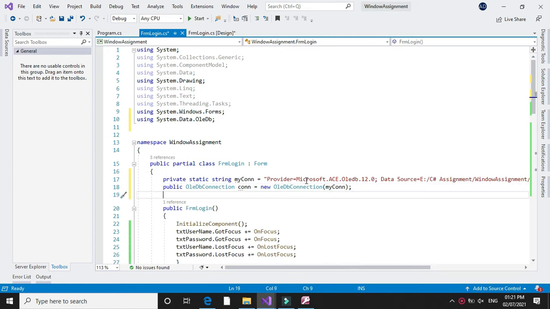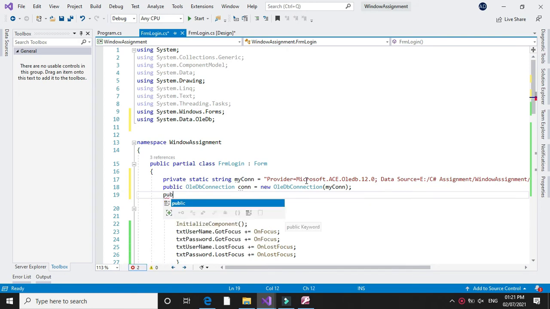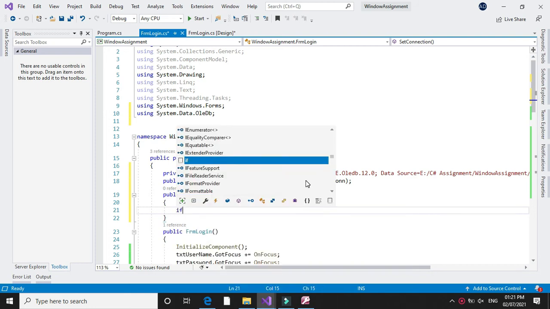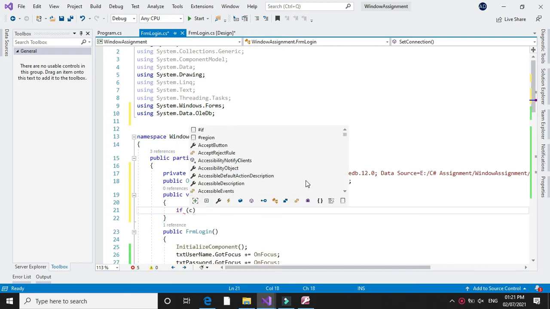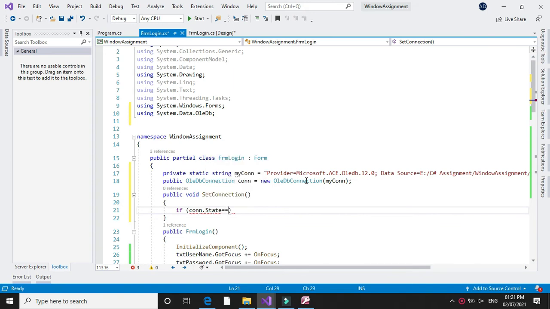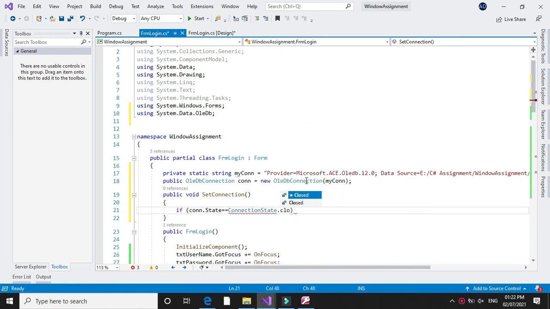Now we will write a method for connection. So I will write a method public void SetConnection which checks if the connection is open or closed. For this we will check connection.State is equal to ConnectionState.Closed.